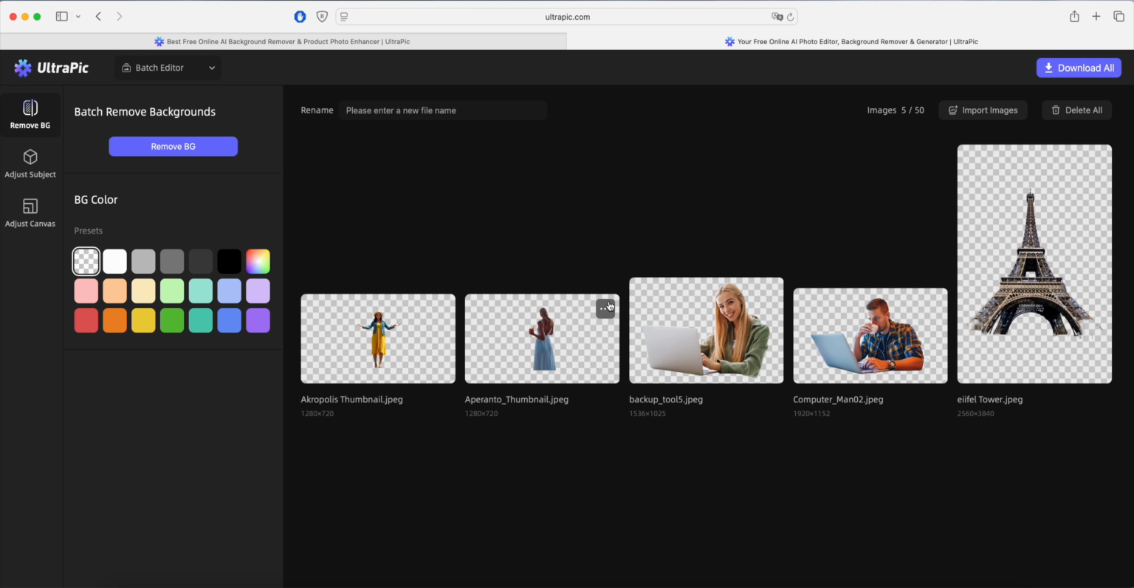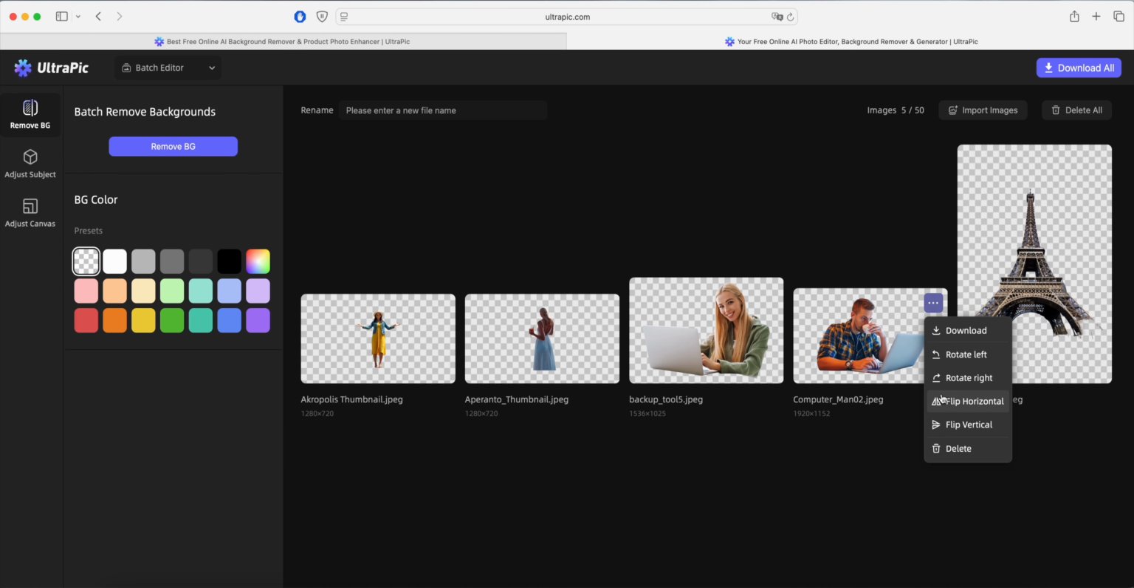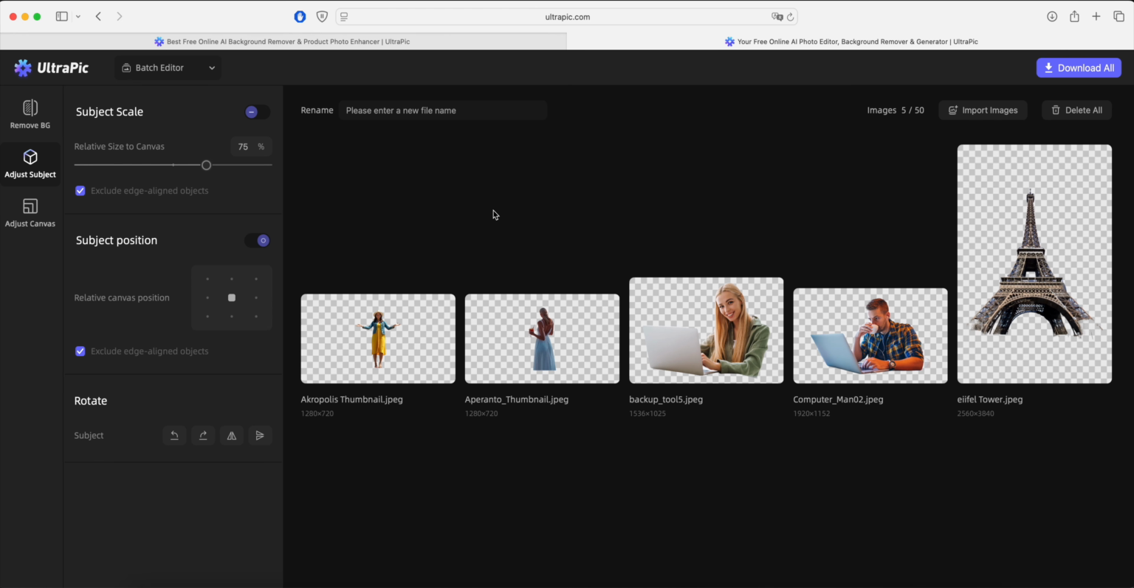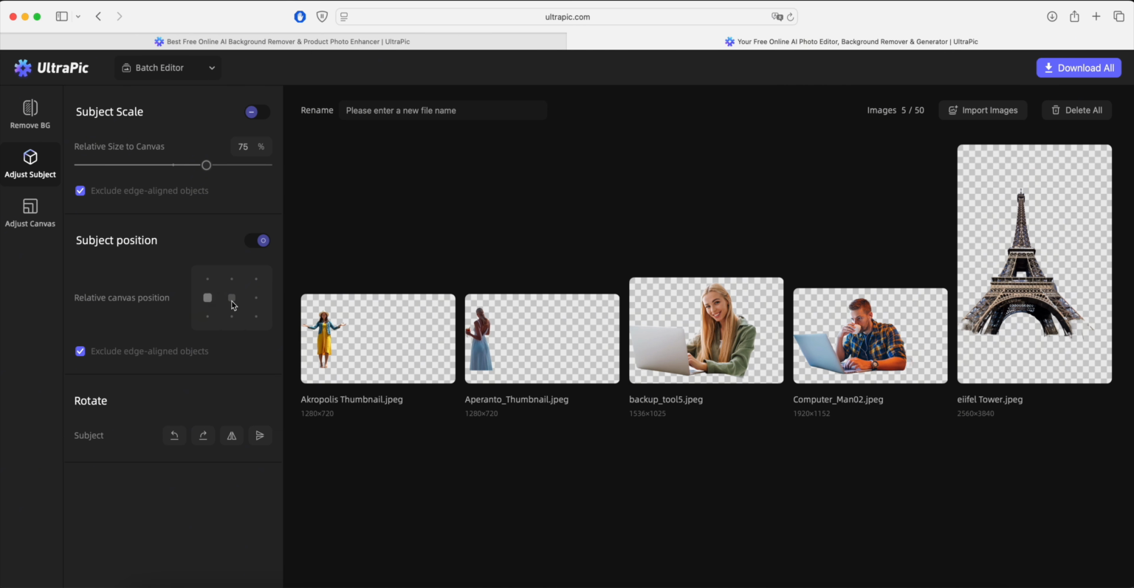And now you can also click on the three dots over each image to download, rotate left, right, horizontal, vertical, or delete. Let's try with the Eiffel Tower. Or like this, for example. Look. But there is more. You can adjust the subject, the relative position in the canvas, as you can see, can move around all the subject,